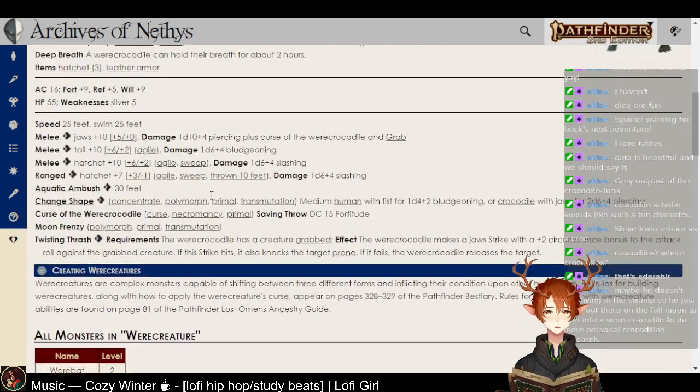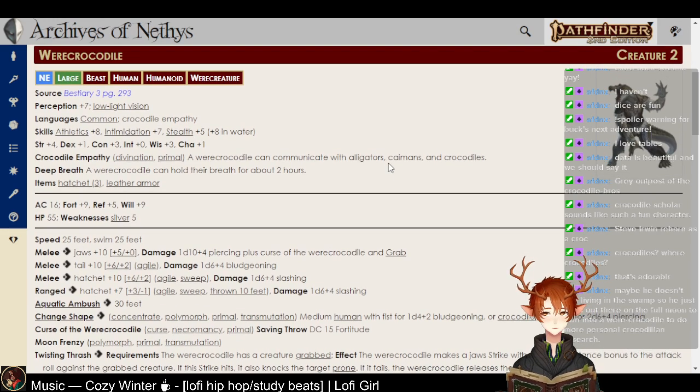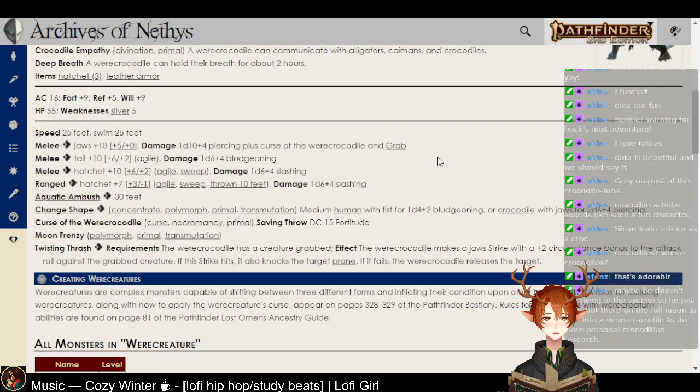I really like how they decided to deal with were-creatures in Pathfinder 2nd Edition. Like, I did like them in Pathfinder 1st Edition, but it just makes a lot more sense the way that they handle them in 2nd Edition. It makes for a much easier time. So you just have